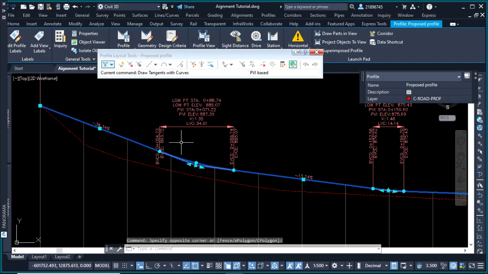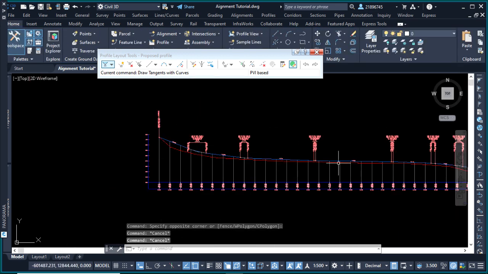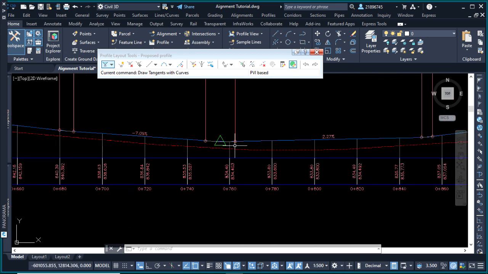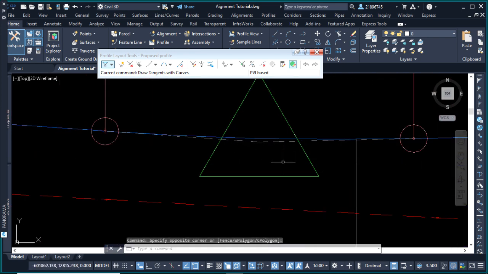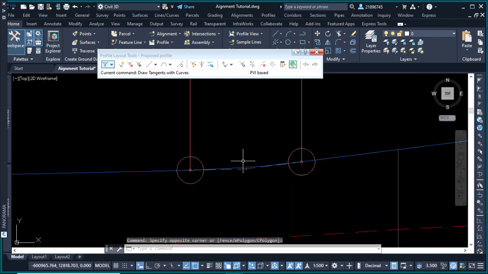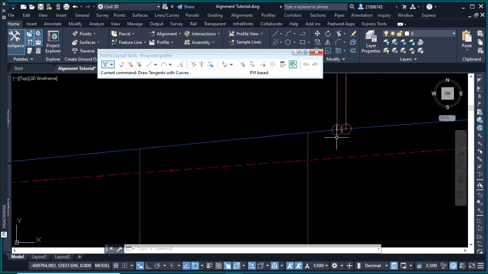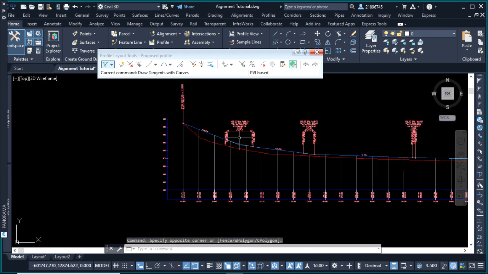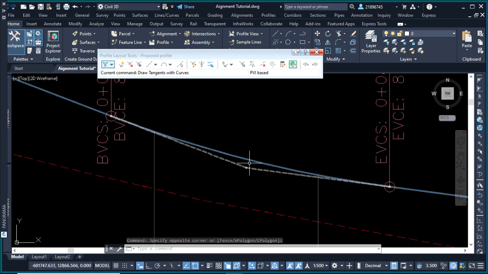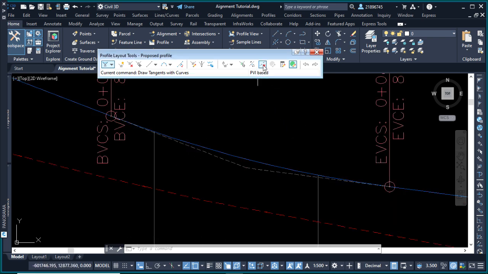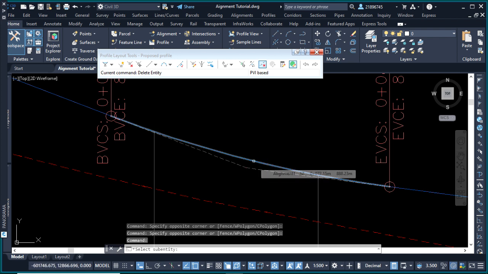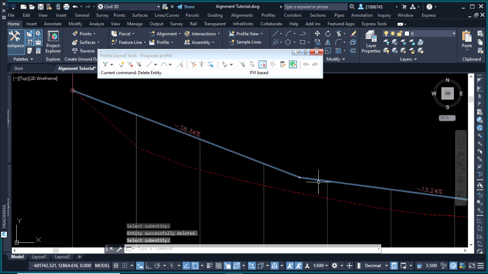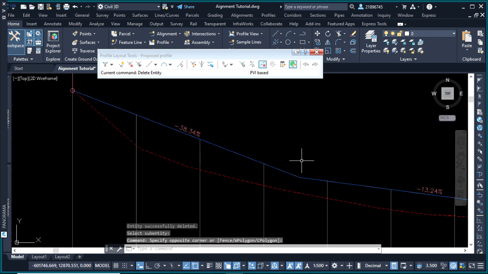So you can notice now they have been adjusted only up to the point where I have changed. The rest may still not be changed, which you can change the way I have indicated. Now supposing you don't want this curve here, you just come here and remove this part of the curve, and now you have a sudden change of the vertical